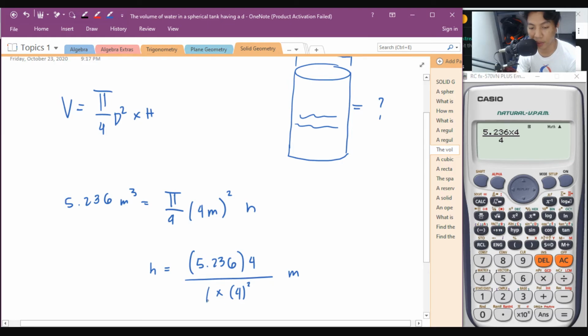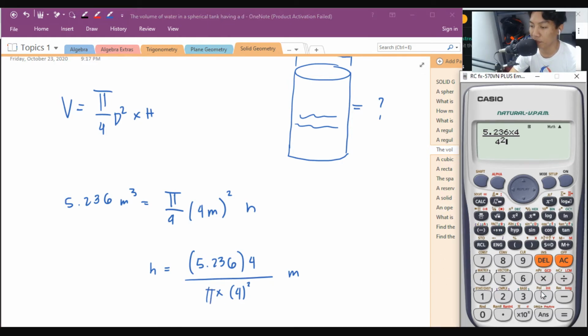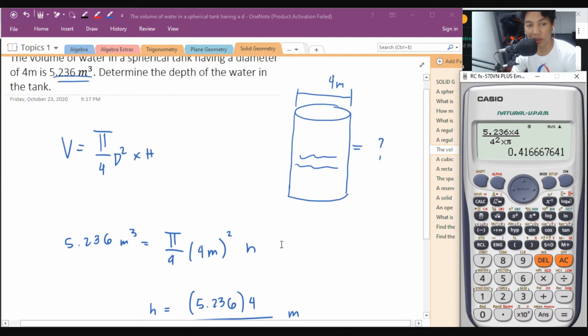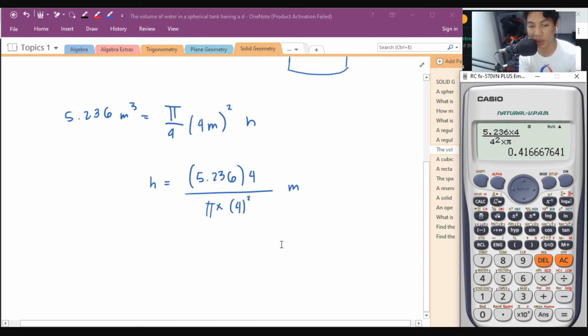This is pi. 4 squared times pi. What will be the answer for the height? The height will be... It's spherical pala. That's all it is when it's cylindrical. I solved it as cylindrical. Sorry, we don't have a mirror. So, we got the height,